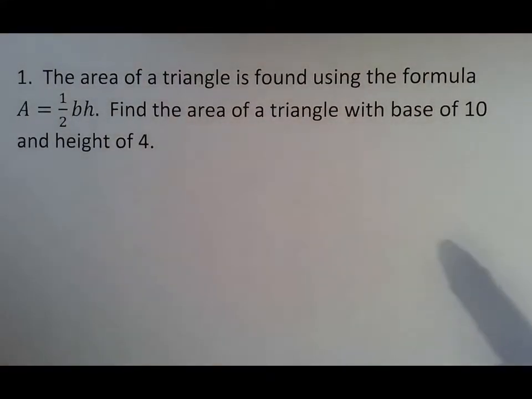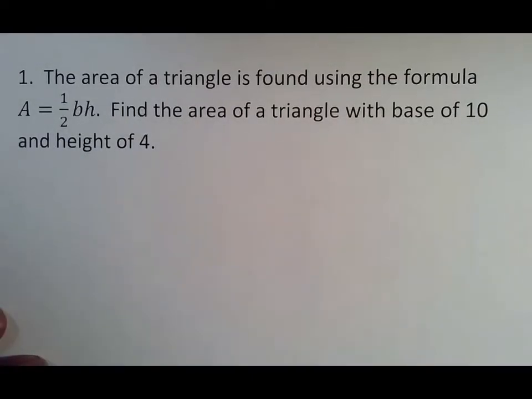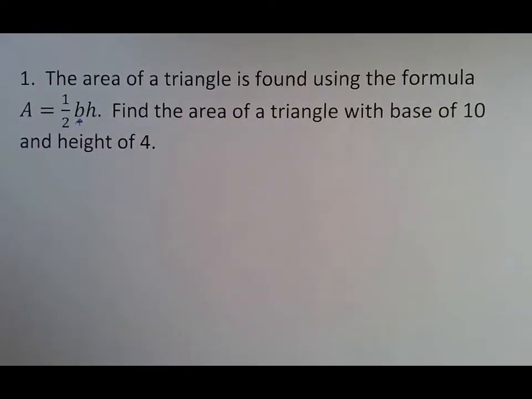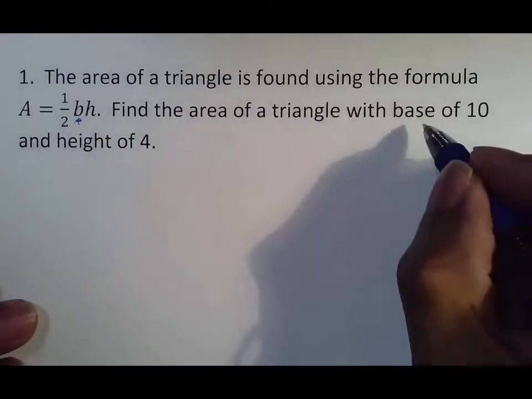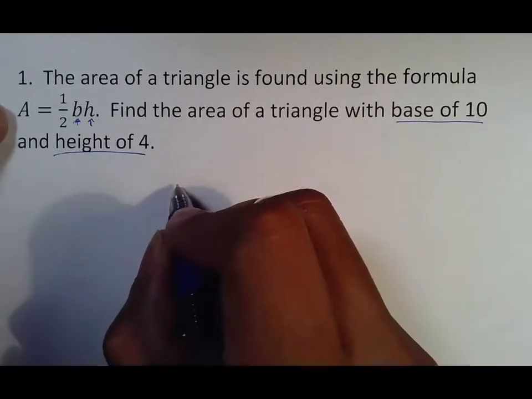The bell ringer is set to try to work on some of your skills here. They give you a formula, 1/2 BH. Find the area of a triangle with base of 10 and height of 4. Anytime you have a formula, try to identify words that are similar to what you're looking for. So B to me would mean base, and H in this case would mean height,